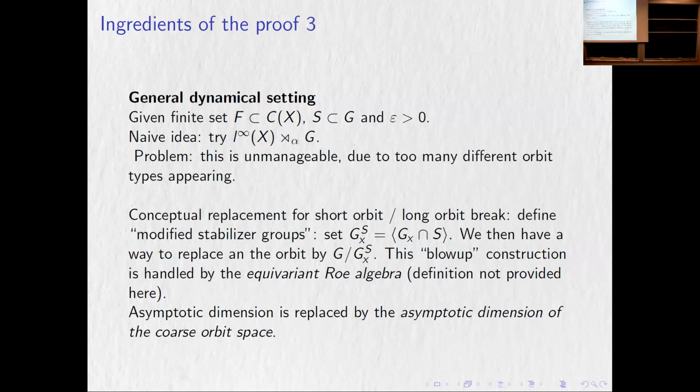Now, why is this the same thing as short orbit, long orbit, really? The idea is this. Let's think about the situation where I have the integers. Let's suppose that here is 0, and let's suppose I care about these elements, right? So I'm somehow looking at things which involve only those elements. I don't really care too much. Maybe if I only look at those, I might care about some iterations, but I somehow know how far I care, right?